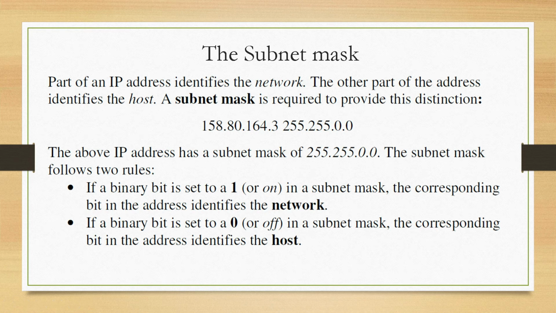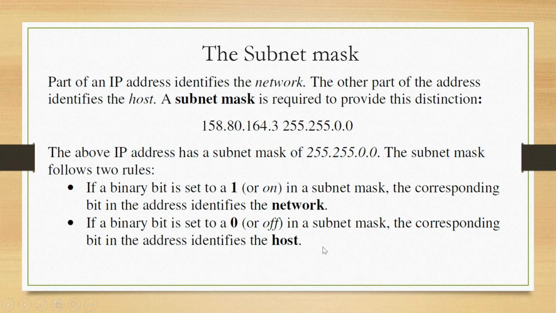Why? Because 158 belongs to class B, right? The first octet range. This one, 158. Okay. So the subnet mask follows two rules. What are they? This one is our default subnet mask. If a binary bit is set to a 1 in a subnet mask, the corresponding bit in the address identifies the network. If a binary bit is set to 0 in a subnet mask, the corresponding bit in the